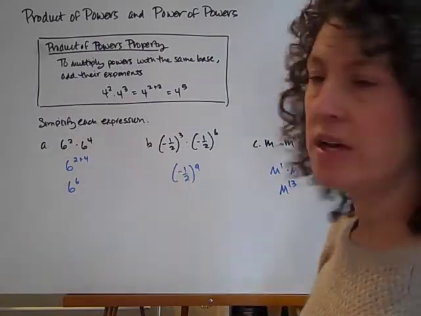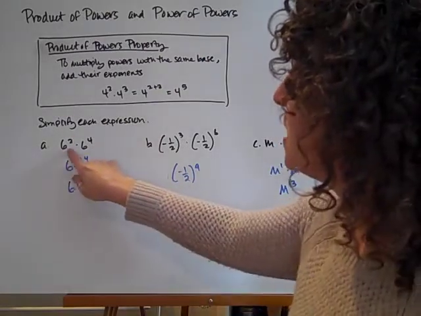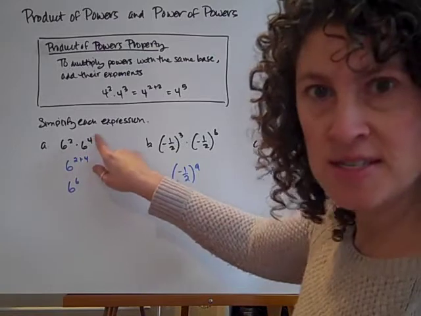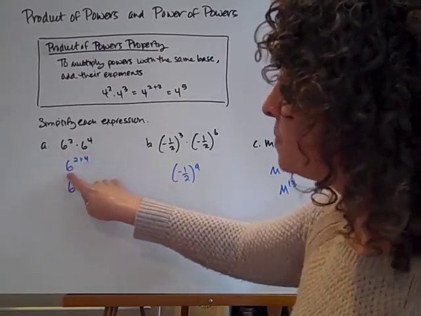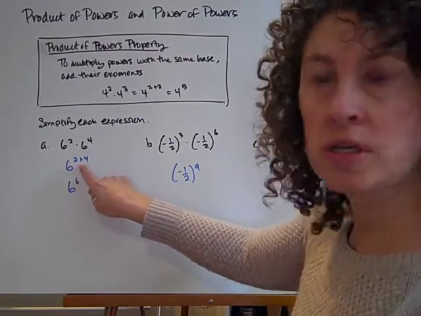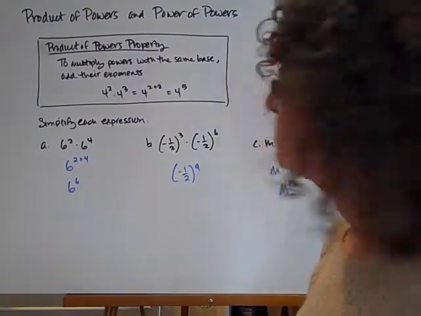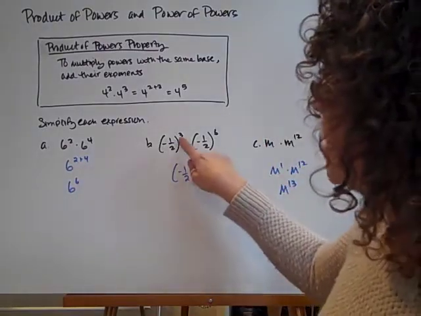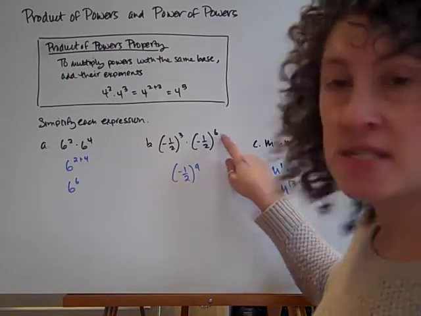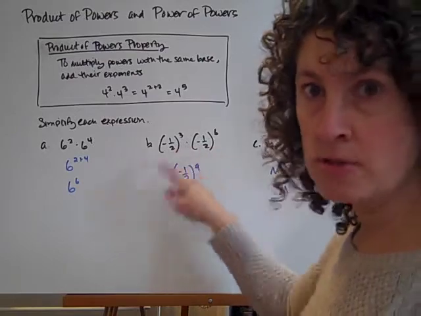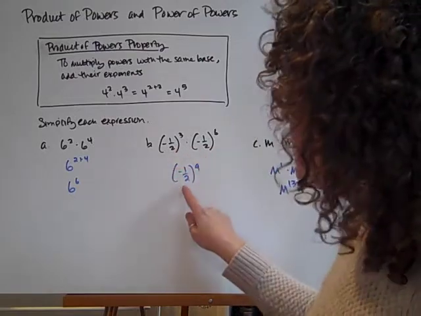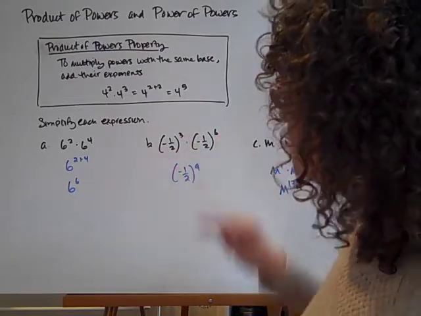All right, let's simplify each of these expressions. So 6 to the second times 6 to the fourth. Our shortcuts, I'm going to keep this 6, and I'm going to add my powers. So 2 plus 4, so that gives me 6 to the sixth. Next one, negative 1/2 to the third power times negative 1/2 to the sixth power. Again, I'm going to keep the base, since the bases are the same. It's the only reason I can use this trick. I'm going to keep the base, and then I'm going to add the exponent, so I get 3 plus 6